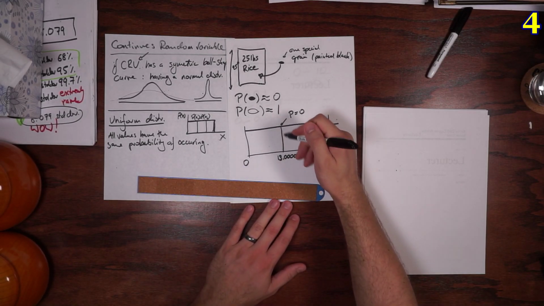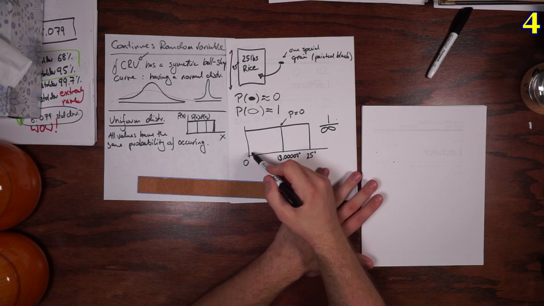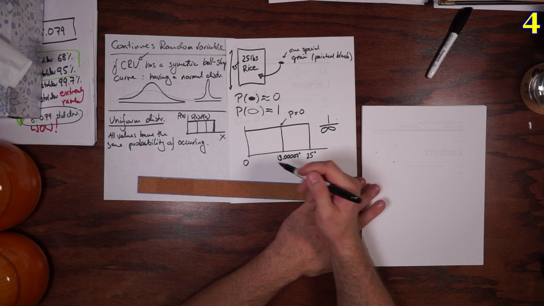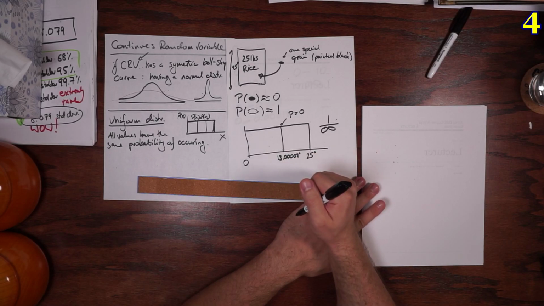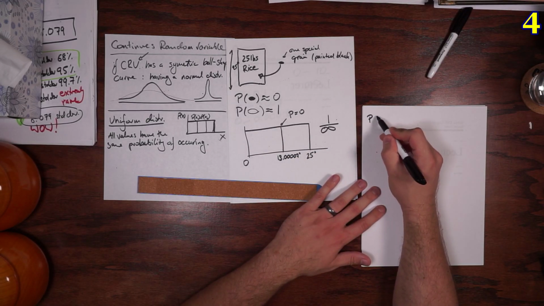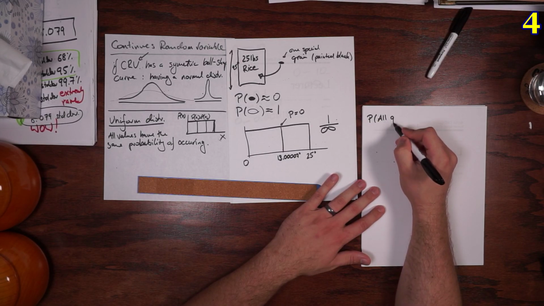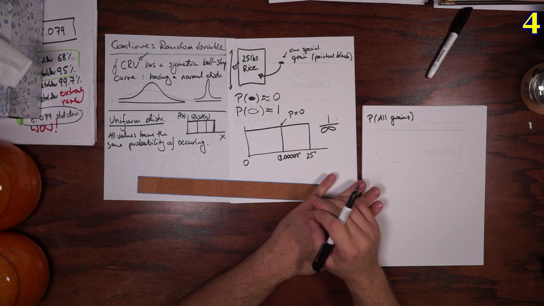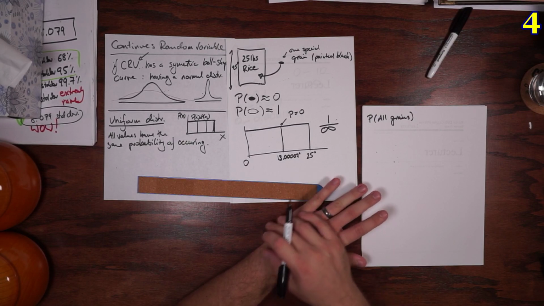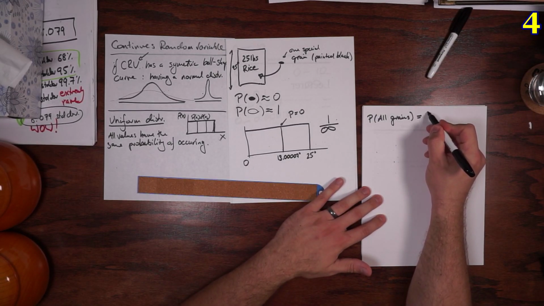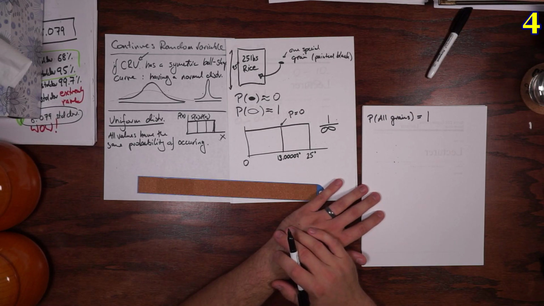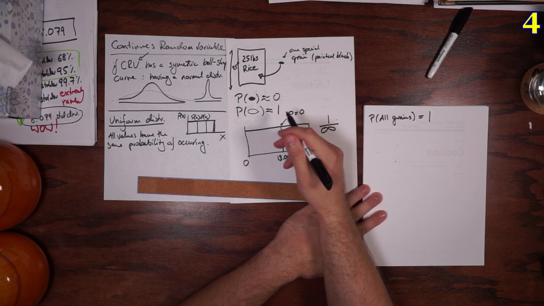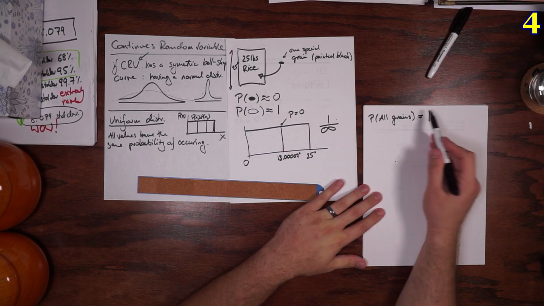we have this one thing. On the other hand, if I kept on picking all the random variables up to here, what are the chances I'm going to find the black grain of rice? So what's the probability of all grains? I mean, I'm going to keep on picking out of the bag till there's nothing else in the bag. Well, the probability after you pick all the grains is 1, right? Because eventually you're going to find the black grain of rice. If the probability for the whole thing is 1,